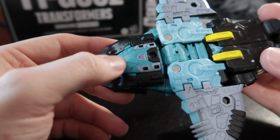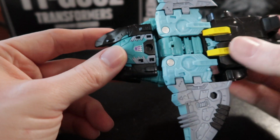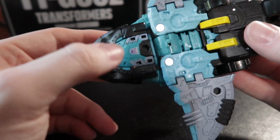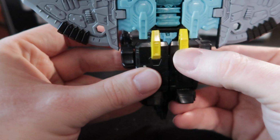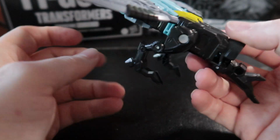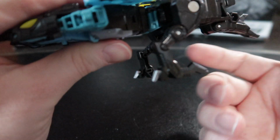The paint applications right here are a nice seafoam green, whereas on top of the wings you have a little bit of a light blue. You have the Decepticon symbol painted on. That's a nice paint application. Much like the eyes, you have these kneecaps here for his robot mode, which pop against the black paint. You have some really cool silver chrome paint right here on what I guess is the front of a